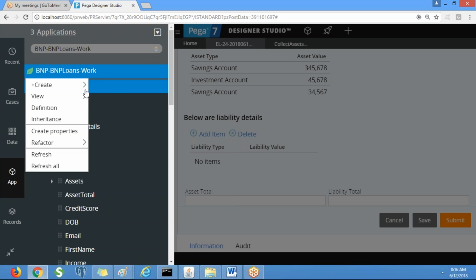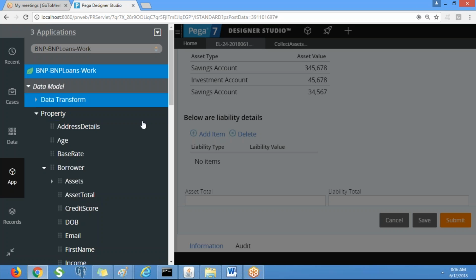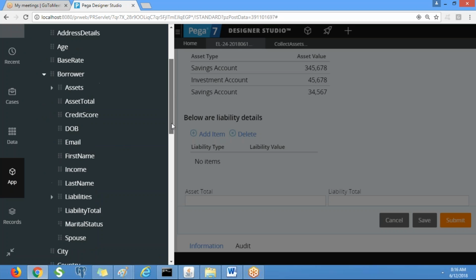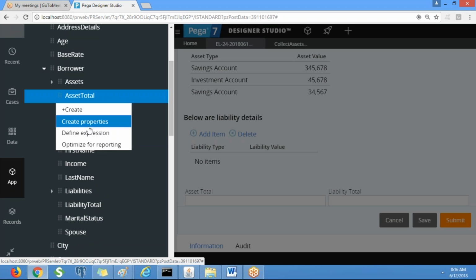So first we will create from the target property directly, from this asset total property, and for liability we will create from the decision category. So go to the asset total property, available on borrower, right? Right click on the target property called asset total and click on define expression.